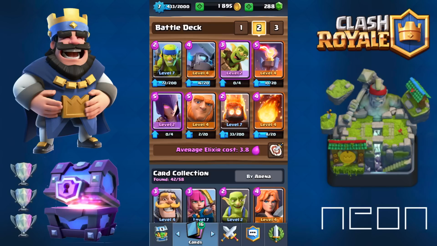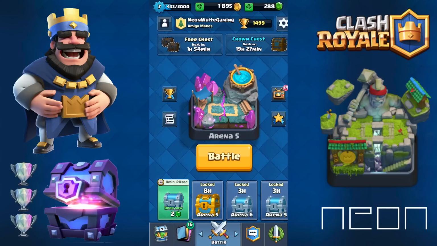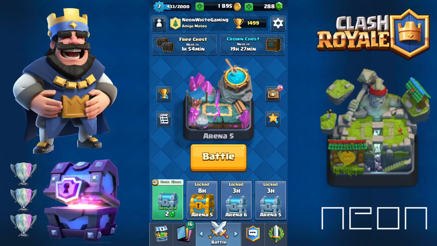And the best combos you can get with this deck are Mini P.E.K.K.A plus Fire Spirits and Giant with the Witch behind, and then once the tower gets aggroed, then you put the Goblin Barrel behind it to shred it to bits. And sadly, I had probably one of the best episodes ever showcasing this deck, which was right here,